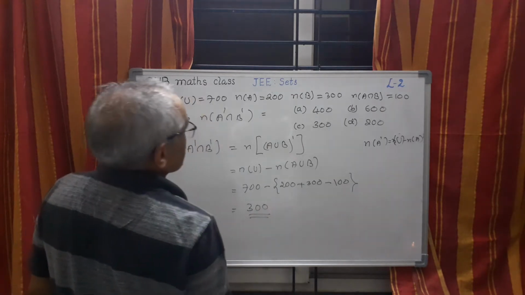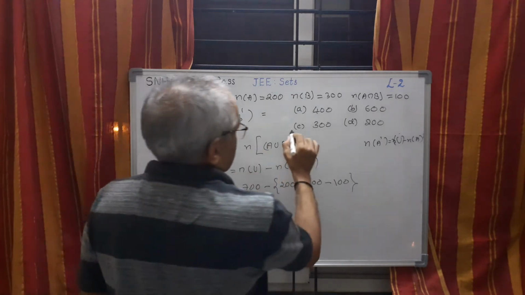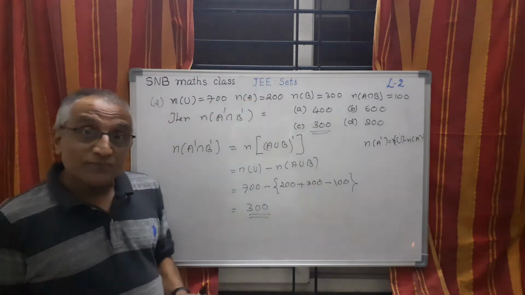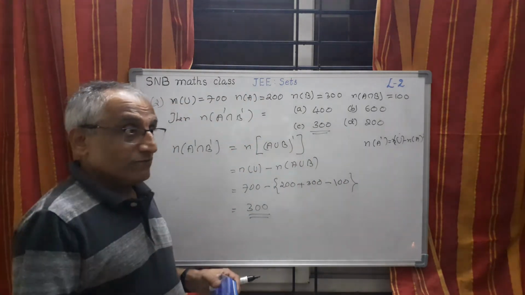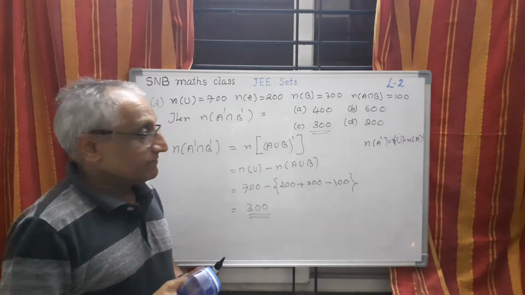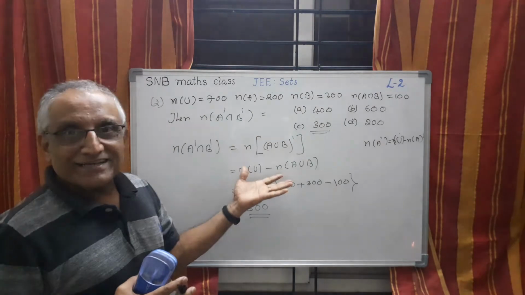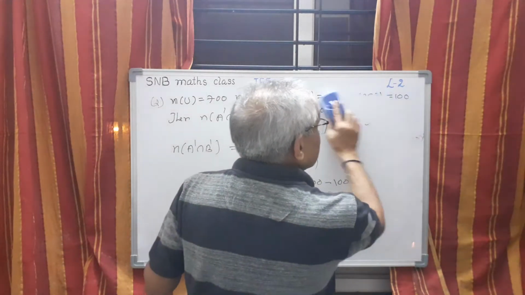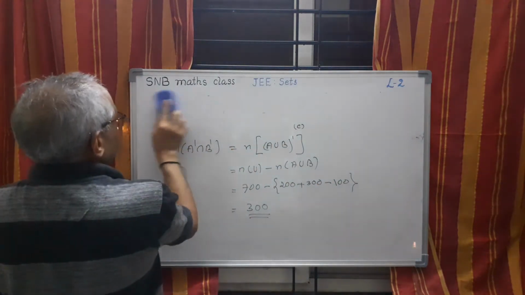So this is a simple question. The answer is obvious. So 300 is the answer. See, this you should know. Even in CET, later, once I complete some of the conceptual questions, I will take up the old question papers. They have asked this type of question many times. That means many questions you can tackle very easily, both in JEE and CET.